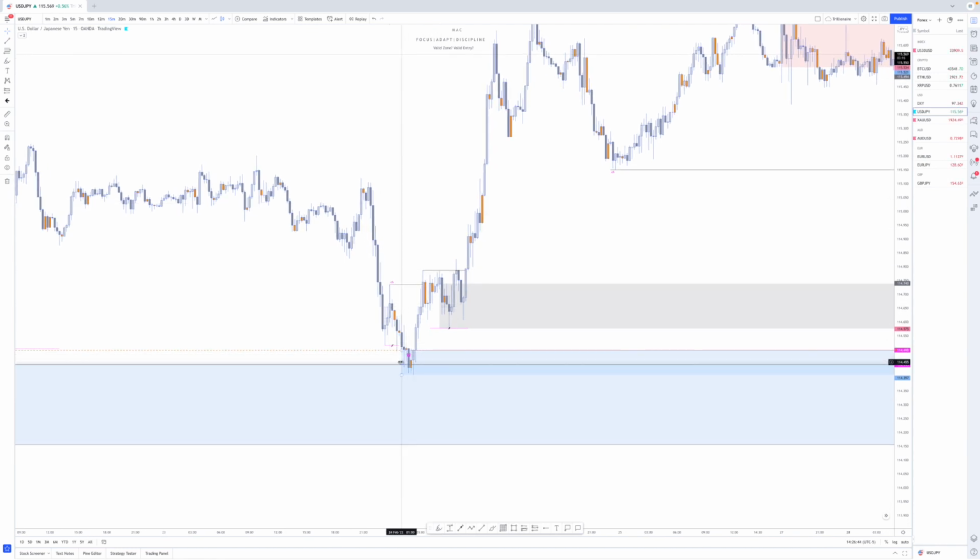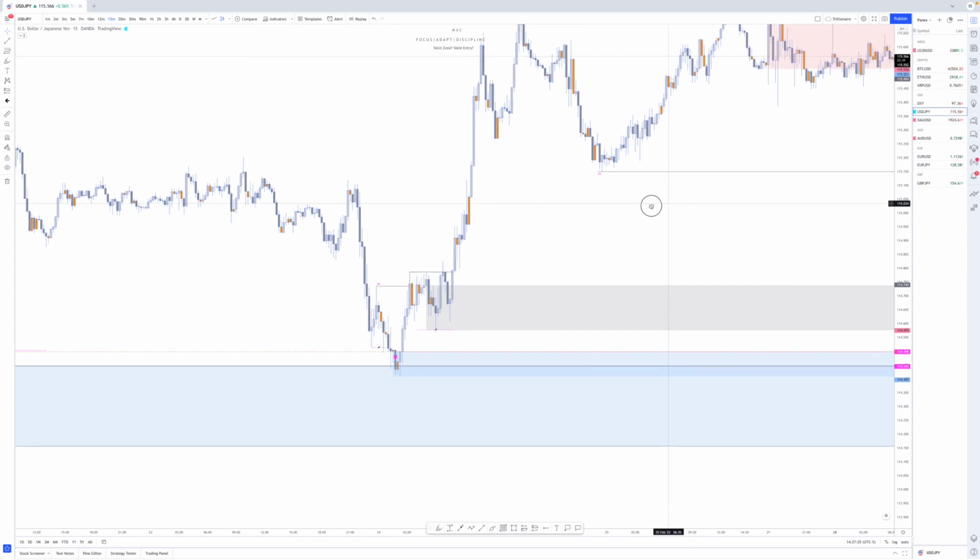So where's that demand? Based on the institutional trading course and based on how we refine, we have demand here, and we have a little bit of demand here. Now, I also used volume profile fixed range in order to find this demand. It's something that I don't really teach publicly, but if you guys want to know more about how you can use this tool to figure out where the most volume is, in order to understand where supply and demand is, feel free to drop it in the comments, because I don't mind making an educational video for you guys about this tool. There's many ways to use it and my students are very proficient with it.